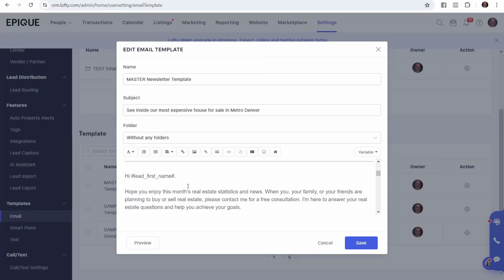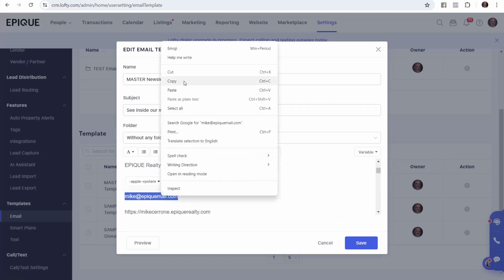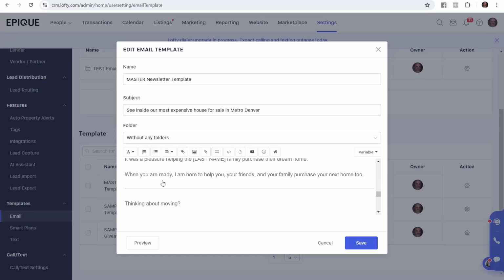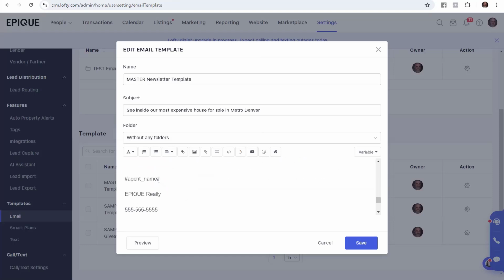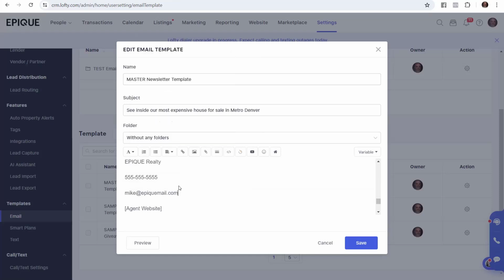In fact, I think I did that up here. Oh, no, okay, I did the actual one. So I just made a number up, and I made an email address up. Go back down here, and we can put that in there. Again, I'm hard copying it. You could also use the variable if you think it's going to change over time for some reason. And then I'm going to go ahead and copy